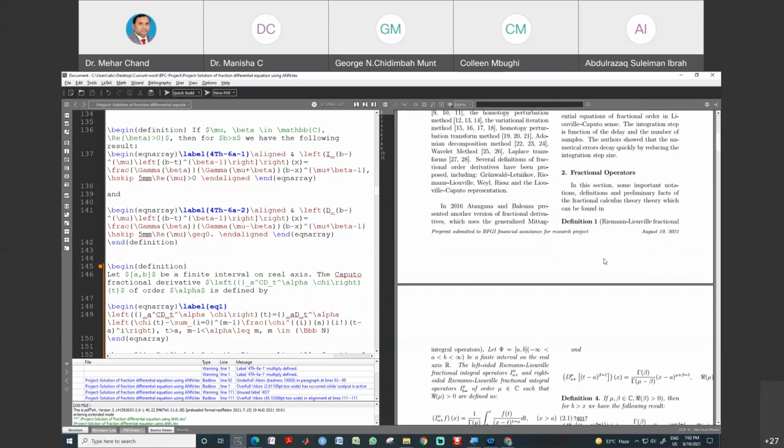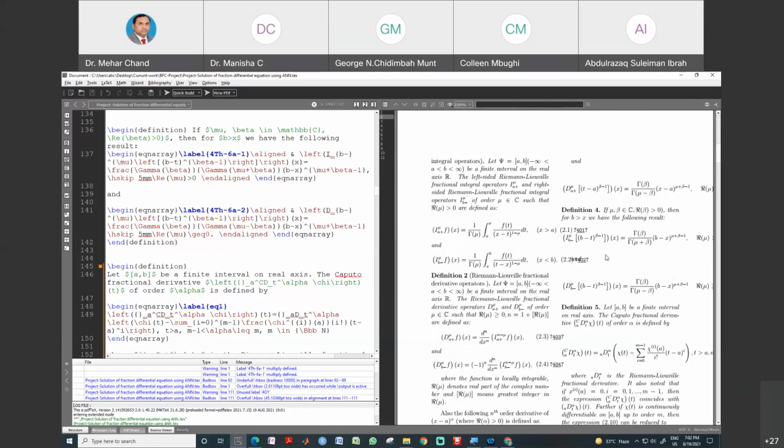See, all the equations are converted, but the problem is that when we convert, the size of the equations is large compared to the size of the column. So we can break the equations or we can reduce their size. We have to manage this, otherwise the whole document will be converted into 2 columns.